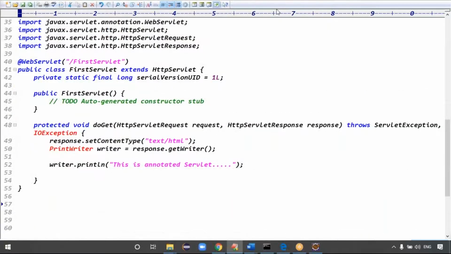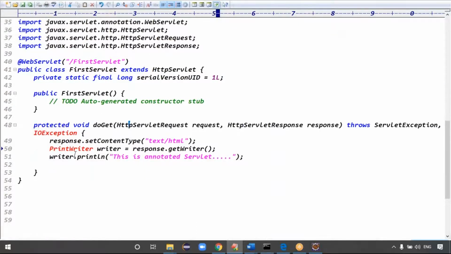Sir, it will be working in doPost method also, right? Both methods are the same. Now you are using doGet, because the default request method is doGet. To easily show the annotations, we are using doGet. No, doPost also it will be applicable. Annotation, do post request, yes sir. It will be applicable in this.